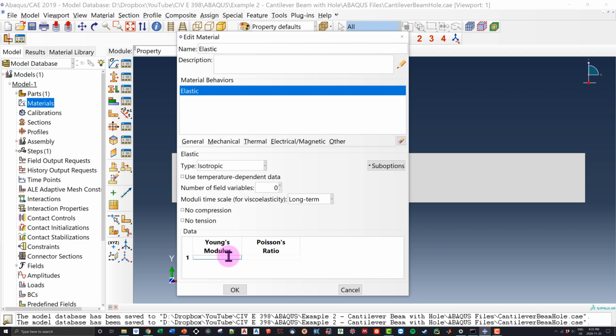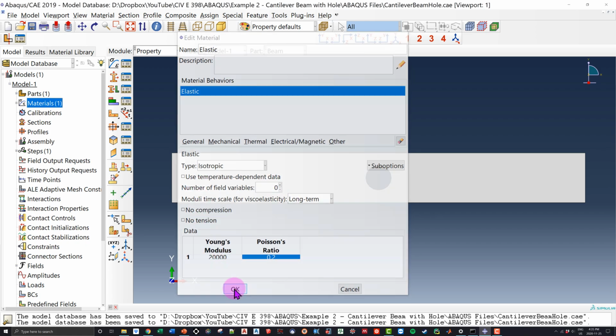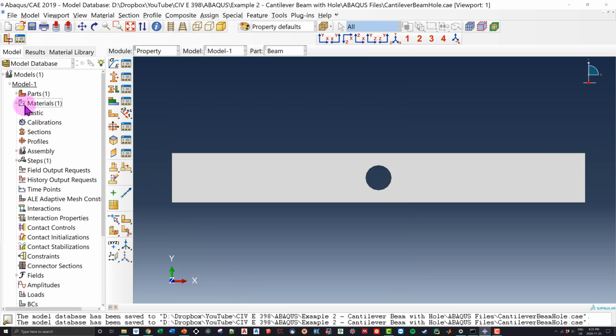The first one is the Young's modulus, which we know is 20,000 MPa, and the second one is the Poisson's ratio, nu, which we know is 0.2. So enter those in, I click OK, and as we can see, we now have a new material property defined under materials. So the next step before we move on, of course, is saying, all right, I have my shape,